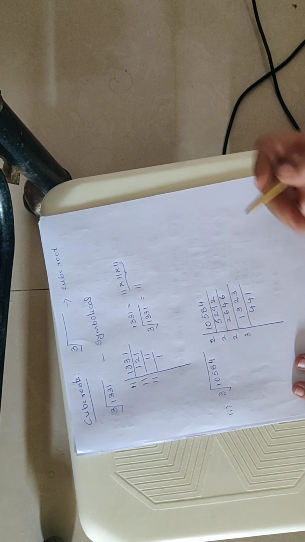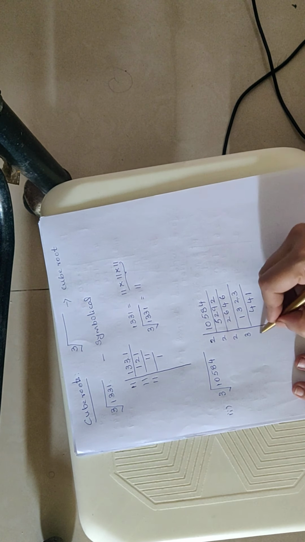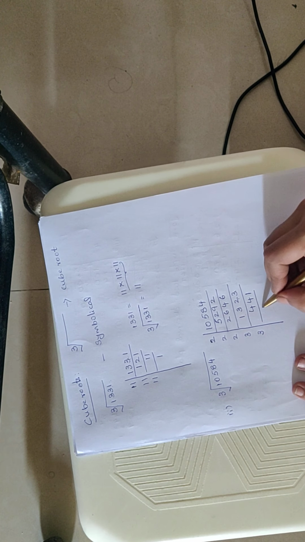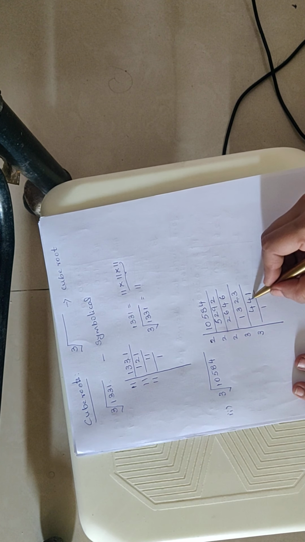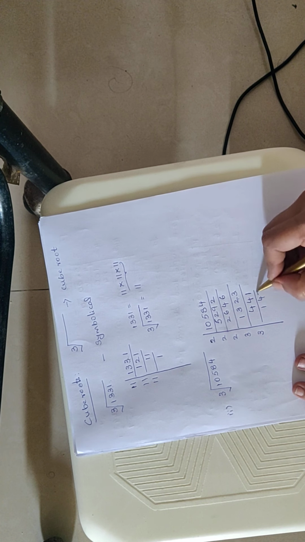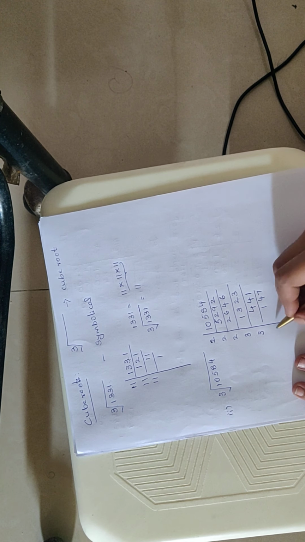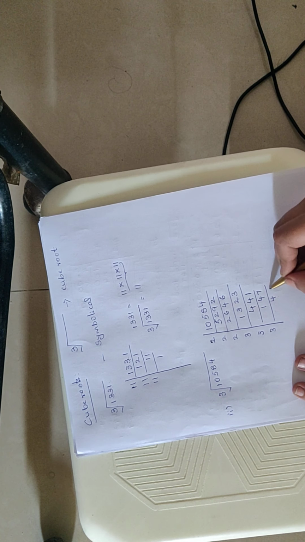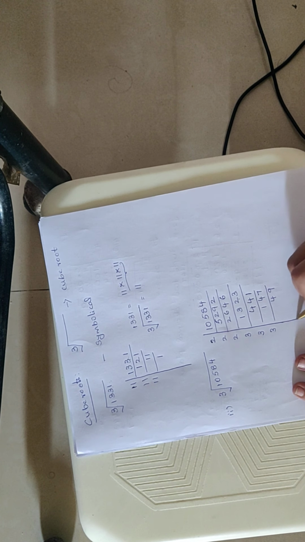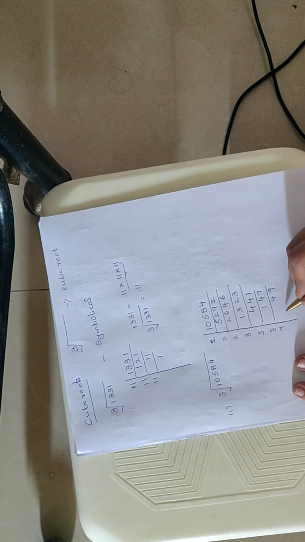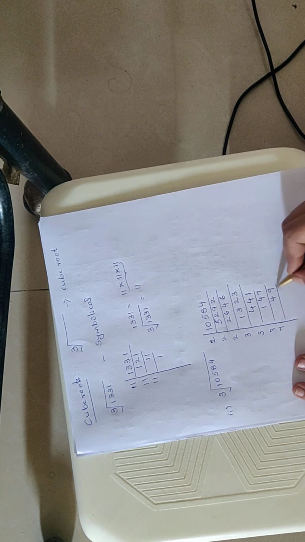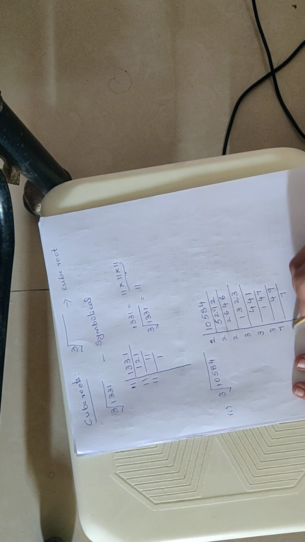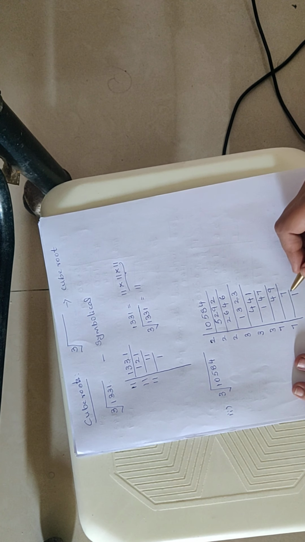3 1s are 3. Again 3. 3 1s are 3. 3 4s are 12. 3 7s are 21. Then again 3. 3 4s are 12. 3 9s are 27. Then again 7. 7 7s are 49. Then again 7, one time. So our cube root will be